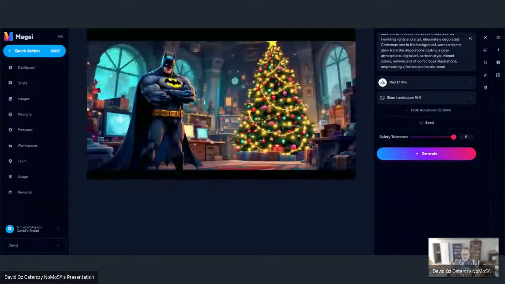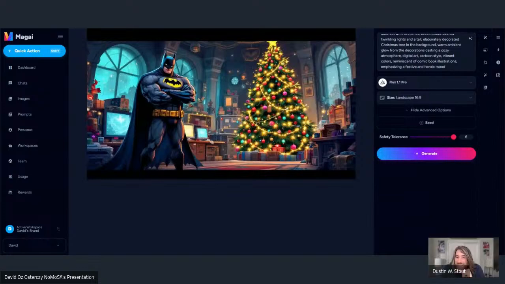Better. Not real happy with Batman himself. He looks kind of weird. He looks more like Bane. Okay, it's definitely a stylistic choice on that Batman. All right, so how about